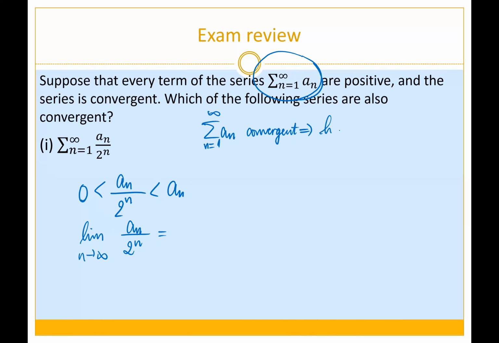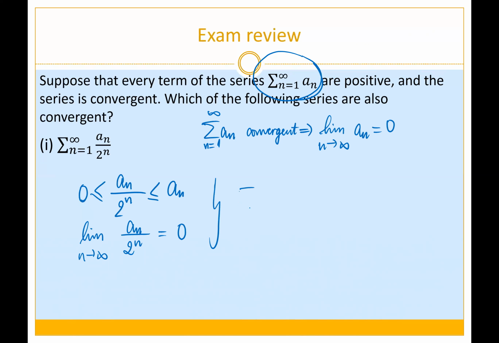So you have the limit of n approaching infinity of an is also 0. That is one of the properties of convergent series. Then you have here a convergent something, 0, divided by a number, by infinity, so it's going to be just 0. Then this thing, by direct comparison test,